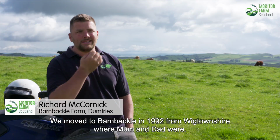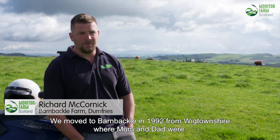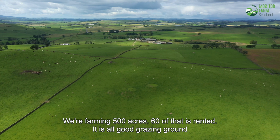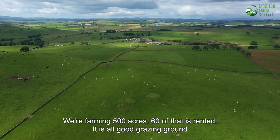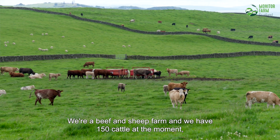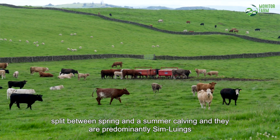Moved to Barnbackle in 1992 from Wigtonshire, where Mum and Dad were. We're farming 500 acres, 60 of that is rented. It is all good grazing ground. We're a beef and sheep farm and we have 150 cattle at the moment, split between spring and summer